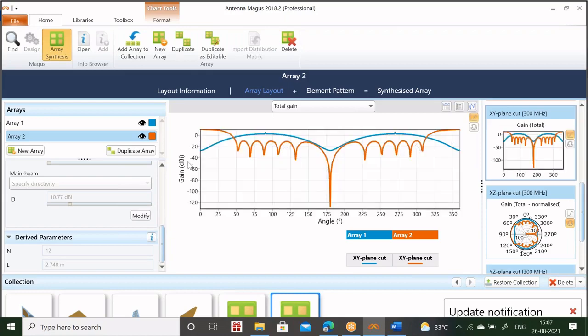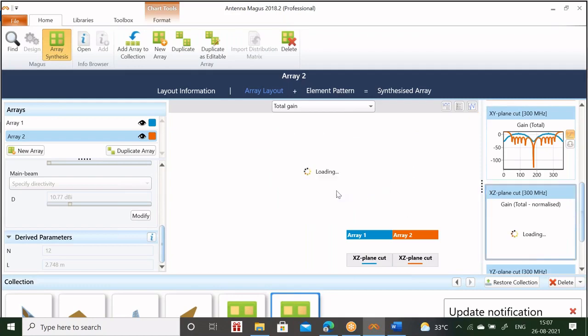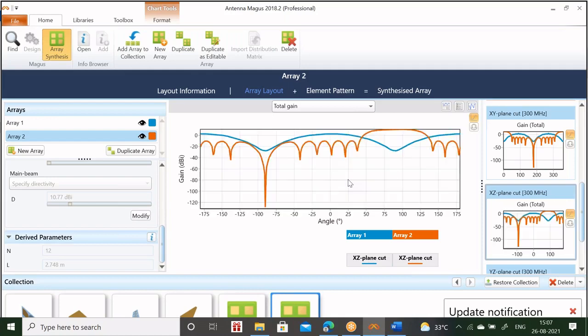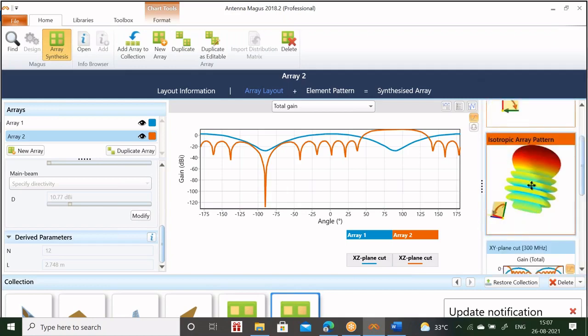Yeah, look at here how it is distributed. And this is at 300 megahertz. At 300 megahertz, this is the radiation in polar. Similarly, in 2D, you can see. Yeah, you can see the distribution, how it is. In XY, YZ, ZX, in all three cases, you can see.